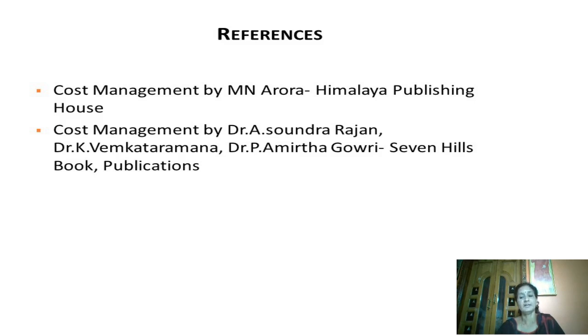Why in the name itself it is mentioned variable? It is variable because it goes on varying with the number of units manufactured. Similarly, fixed overheads, as I told you, are rent and insurance charges, whatever they are paying monthly, that has to be paid irrespective of the number of units manufactured. It can be zero units or it can be as high as 50,000 units or whatever it is. There is no limit for that. So when they are manufacturing the units, irrespective of the number of units, the fixed cost will be the same. So such type of cost can be termed as fixed manufacturing overheads.